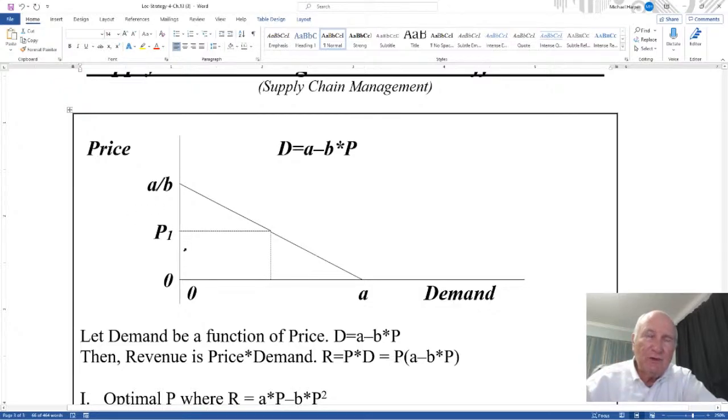You have 2/3 and 1/3. If you have three prices, you divide it in fourths. You have 3/4, 1/2, 1/4. And so the idea here is that you simply decide what your maximum price is, what that max